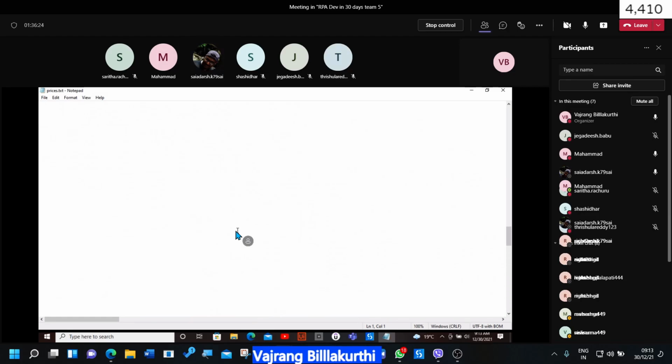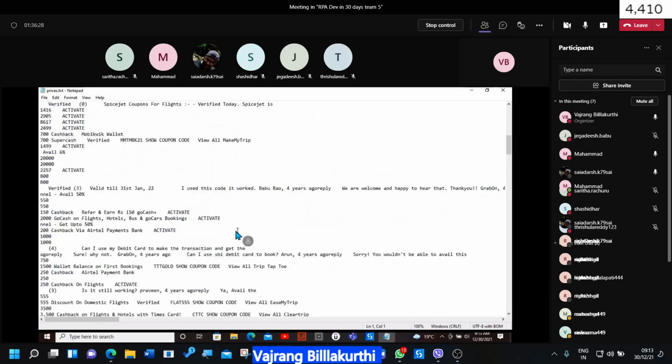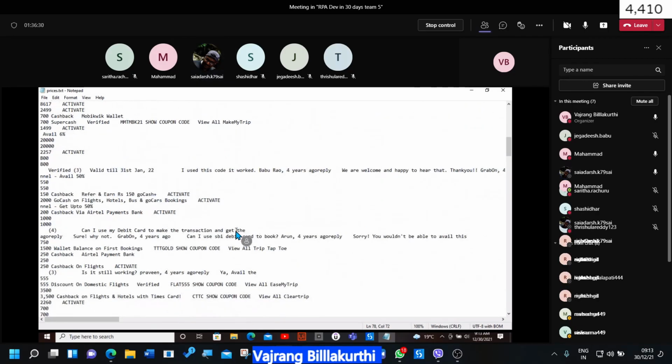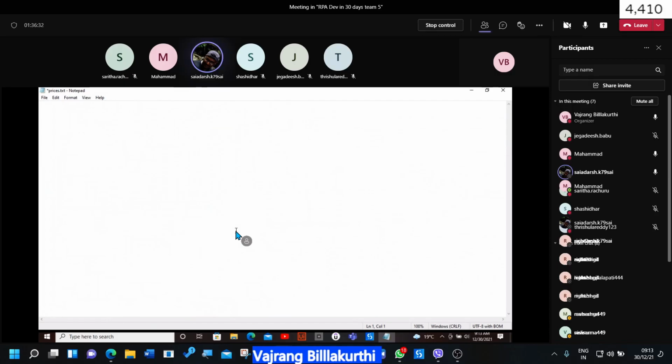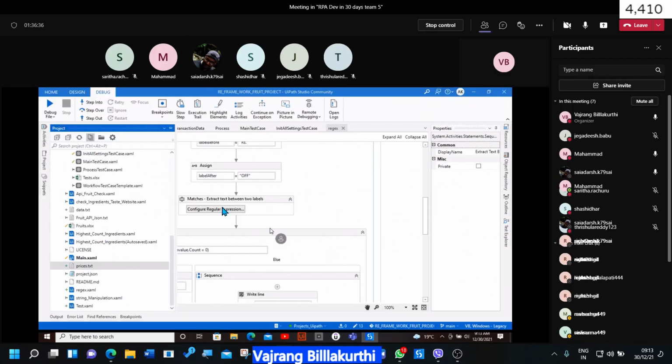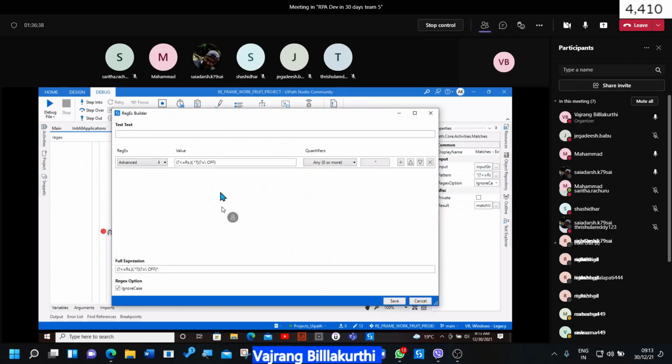There are many empty values that came in. Let's delete out everything. Save. Close. What is this? Any more? Okay. At least one or more. Okay, exactly one.